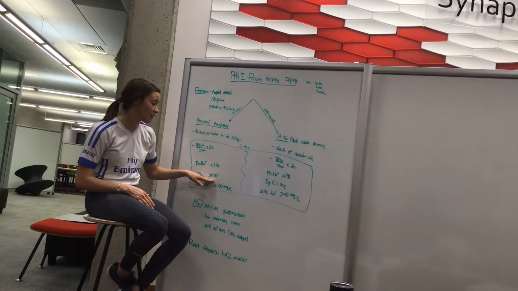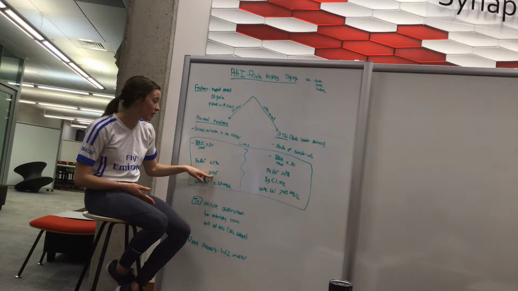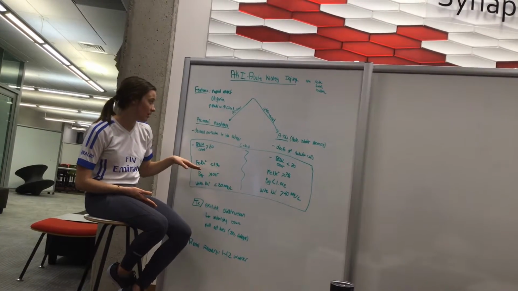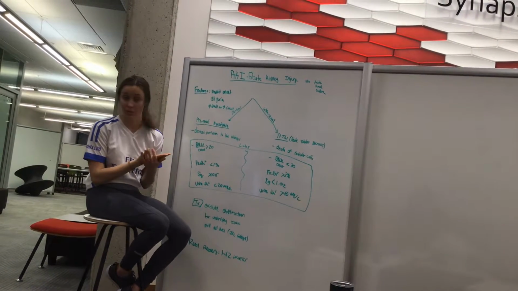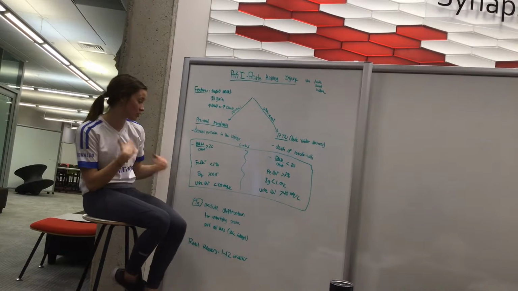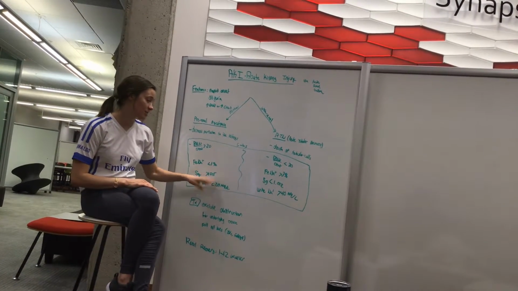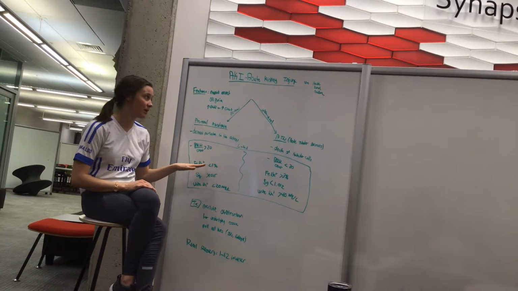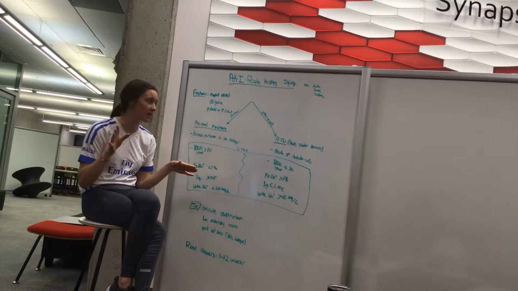And then specific gravity, the higher the number, the more concentrated. Greater than 1.015, which is a little bit concentrated, is associated with pre-renal. So once again, you have decreased perfusion, so you have less urine output. It's more concentrated urine. And then the urine sodium is also pretty low, less than 20. So moving from pre-renal azotemia, which is just decreased perfusion, think of it as kind of like dehydration, dehydrated kidneys,